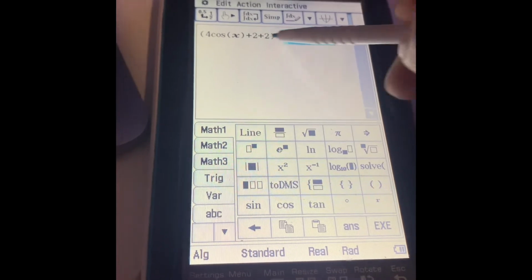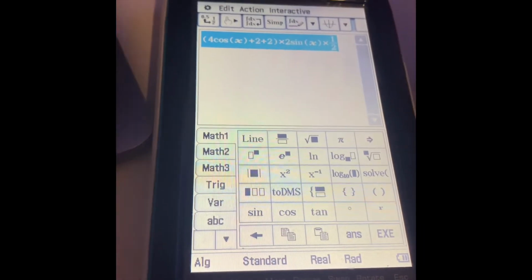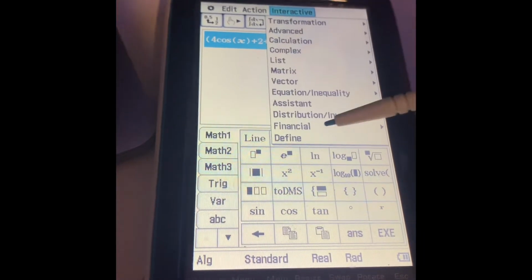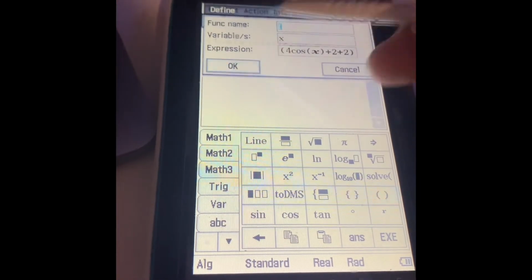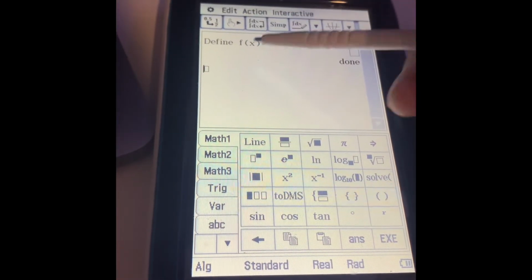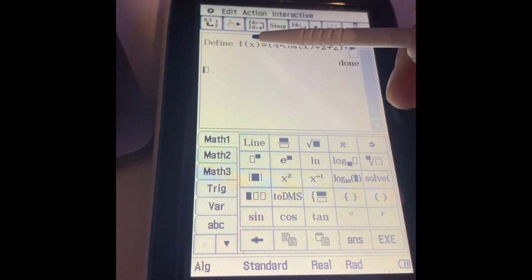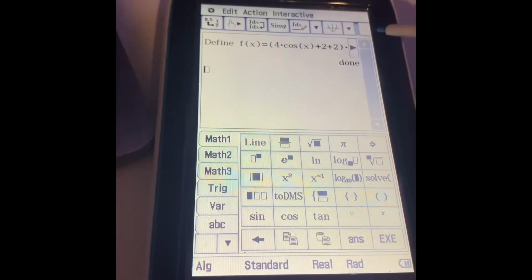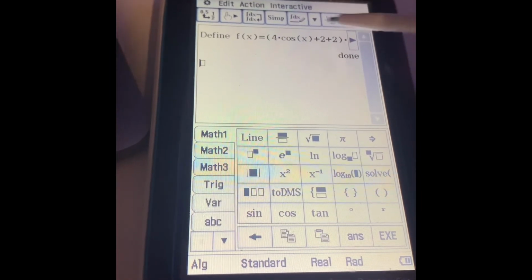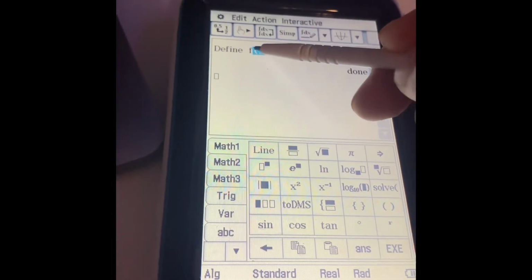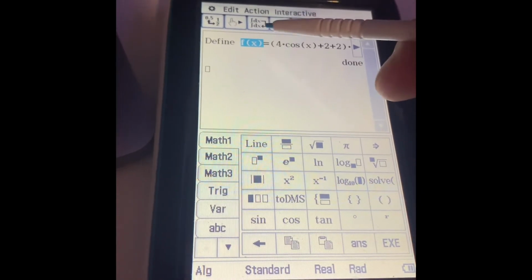Okay, so what we're going to do is highlight this whole thing, and then we go to interactive, and then we go to define. Okay, so now f(x) is done, which means f(x) can represent the whole messy function. Okay, so what we're going to do now is differentiate this guy and make the gradient equal